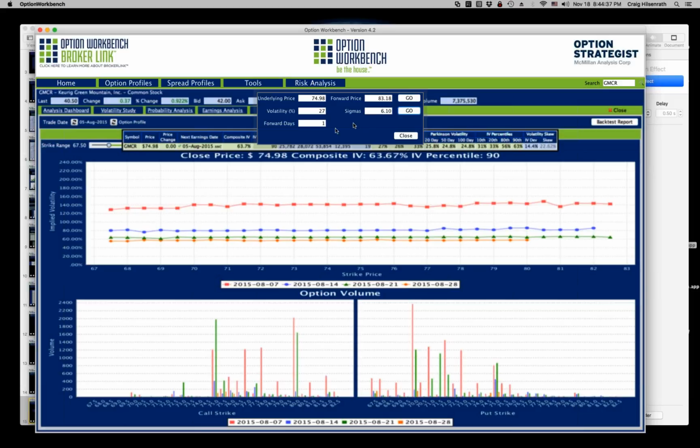A 6.1 standard deviation move for one day would bring the price up to 83.18. I can also do negative numbers. If I stick a negative in there, that will bring me down to 67.59.